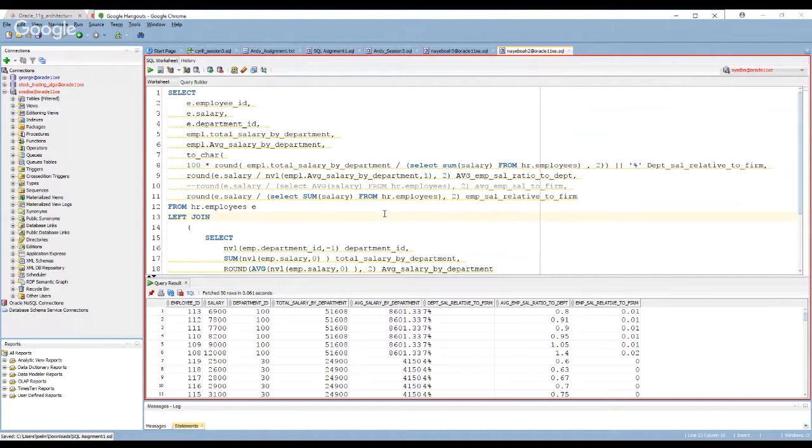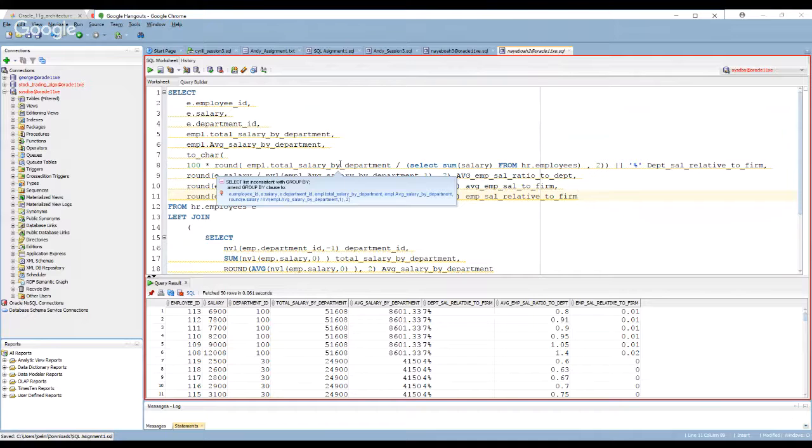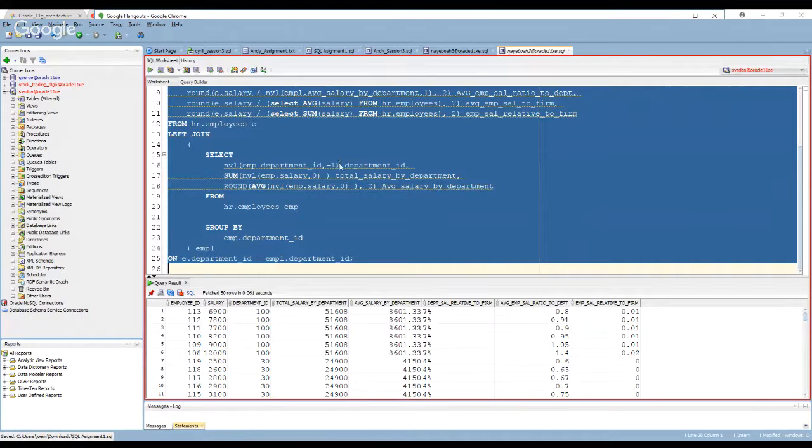So in fact, the one you commented out on line number 10 is what I was looking for, which is you figure out the salary of the employee and you compare it to the average. You could have just left both of them in there and we could look at the numbers. So I'll rerun your query and see what we get.